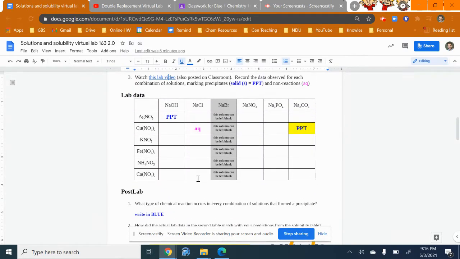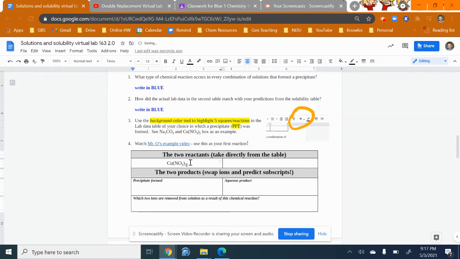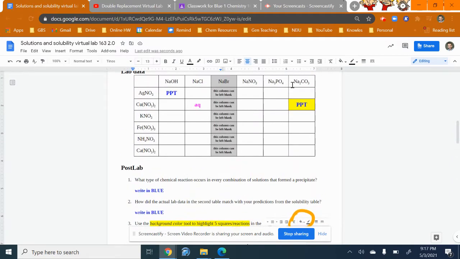My two reactants are the column and the row. So one reactant is Cu(NO3)2. I'll show you two ways you can do this. I can highlight it, press Control C to copy, and come down here and press Control V to paste it in. Another way is just typing it in. So I will do